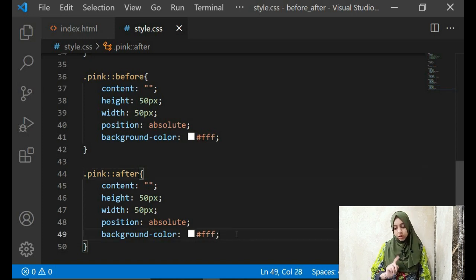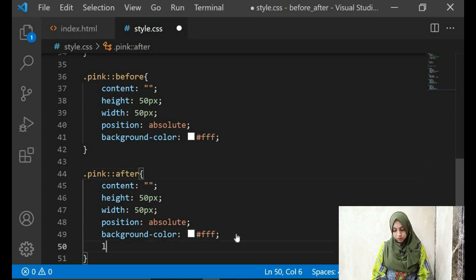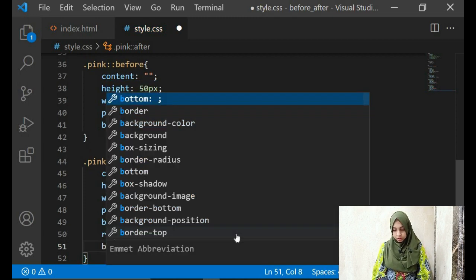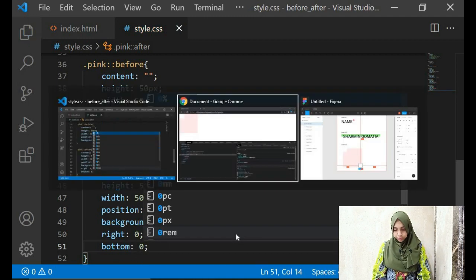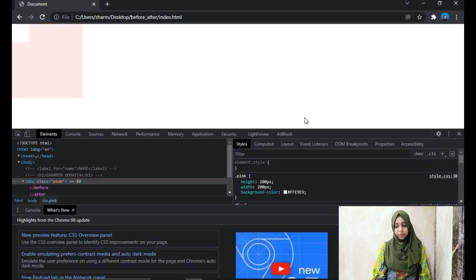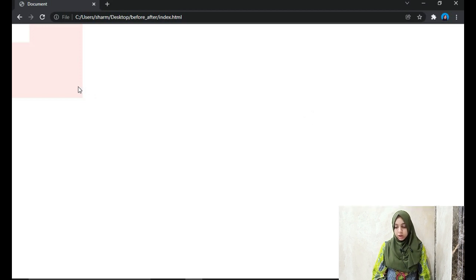Yeah, that's because of the position. If you guessed it, then yeah, you need to give it a position of right 0 and bottom 0. Can you see no change? Even now there is no change. The element should be there over here, right? But you still cannot see it.